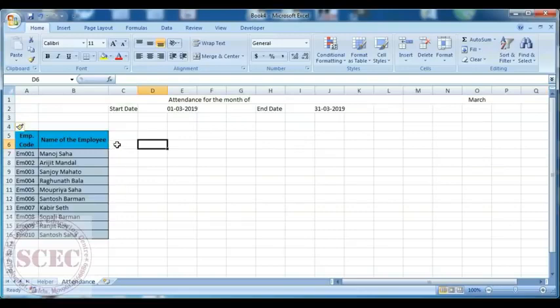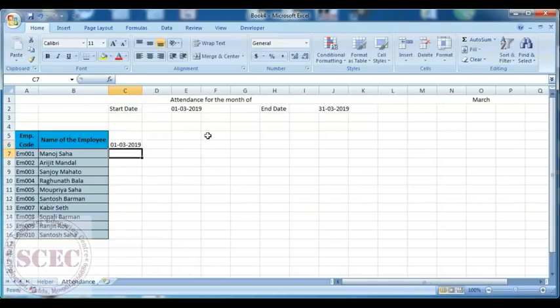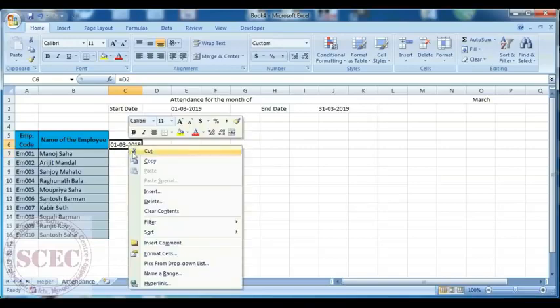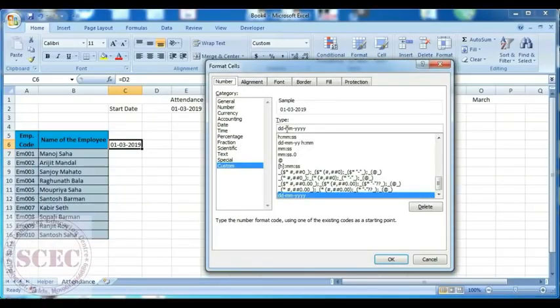And now we will create dates one by one here. So here I will give the first date of the month. If I want to give the first date, press equal to and then select this one, and we'll get the first date of the month. We cannot keep the full date here, we have to give only the first 2 digits. So format it from the front cell, go to custom, keep only DD and then click OK.